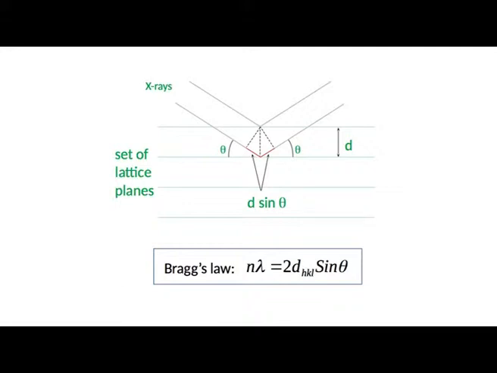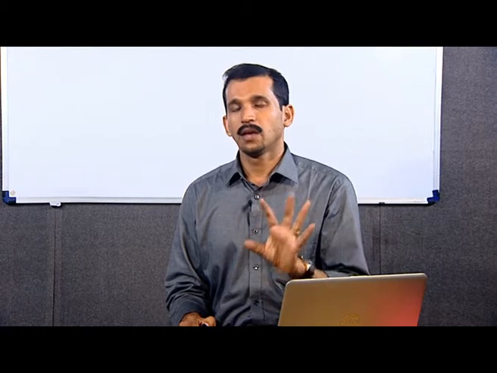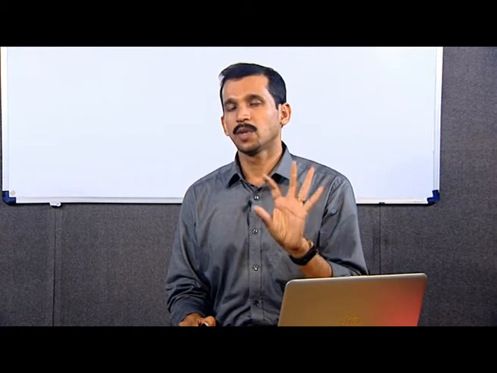Imagine that you are using X-rays to probe this lattice structure. You have the X-rays coming through and then they will be scattered. Imagine that you are taking only those diffracted beams which are producing constructive interference, and the distance between the planes is again assumed to be d. And if your scattering had happened at an angle theta,